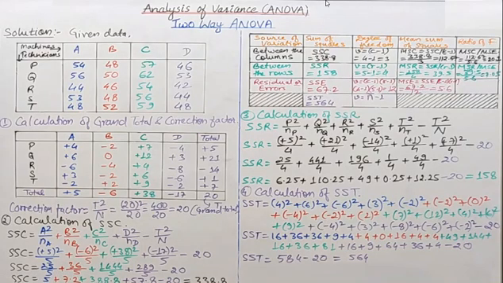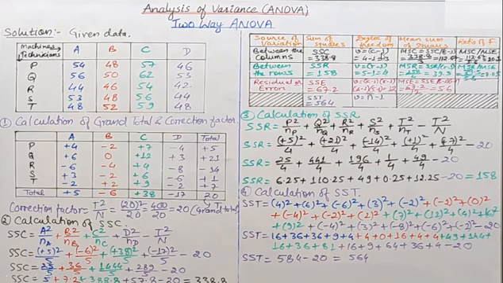So it is easy to first draw the table of the analysis of variance. ANOVA table we have to first prepare. In the table, the first column is the source of variation, second column sum of squares, third column degree of freedom, fourth column mean sum of squares, and in the last column the ratio of F. So there are 3 sources of variation: between the columns, between the rows, and the residuals or errors. And the sums of squares are SSC, SSR, SSE, and we have one extra term, SST.